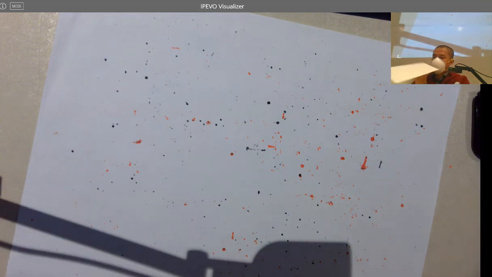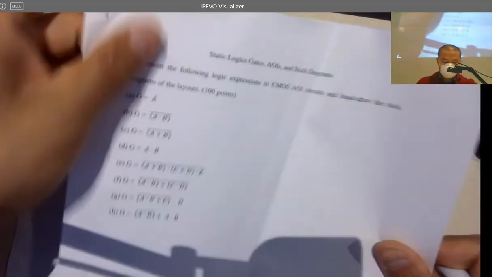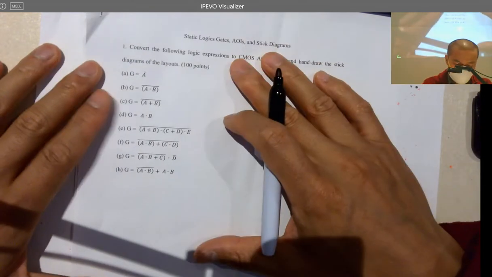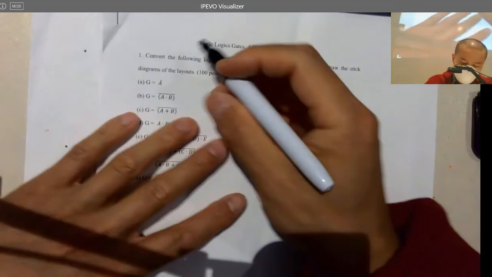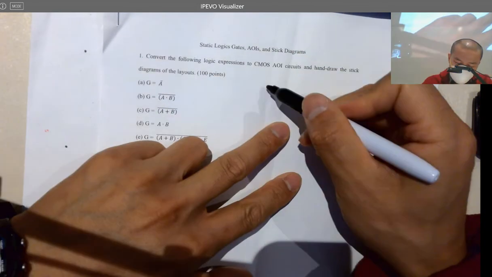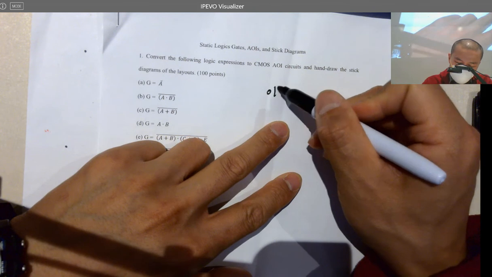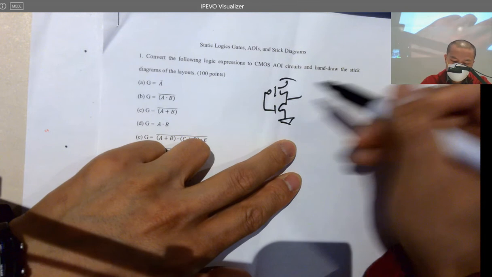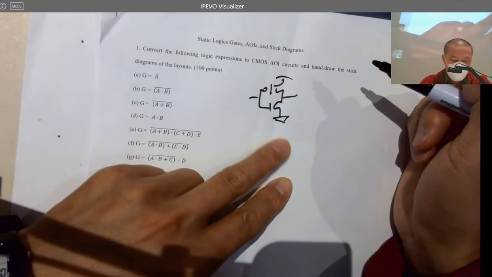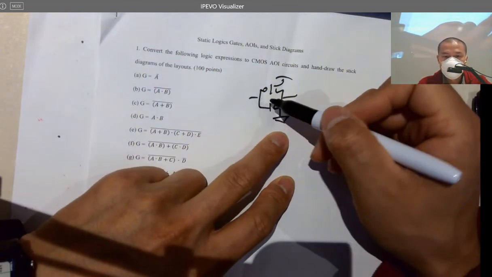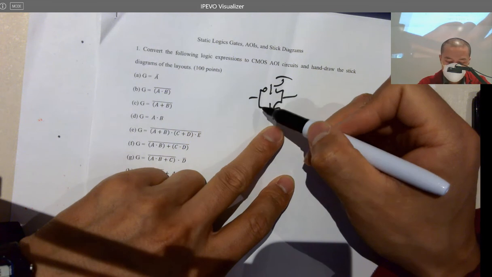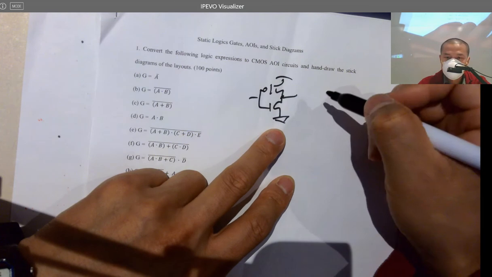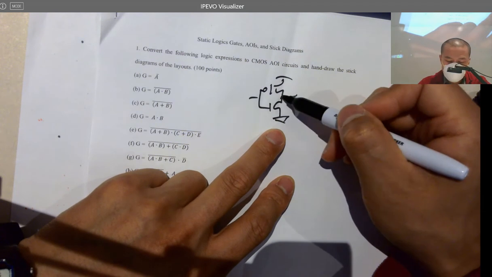And now the homework. So to clarify one more thing, there's a little confusion here. So that's the inverter, right? And the input is always being shorted to the gates. I want to short this one to here. And the drain here, you short the drain of the NMOS and the PMOS together, and the drain is the